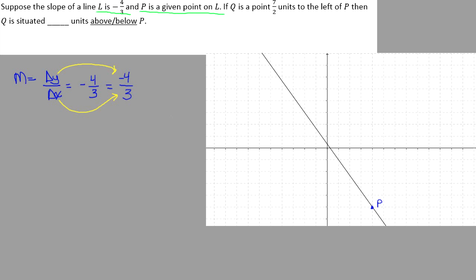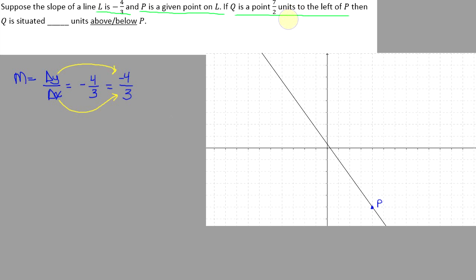All right. Now, let's take a look at what this next part says. This next part says that Q is a point 7½ units to the left of P. What exactly does that mean? Well, what it doesn't mean is going along the line itself and measuring out 7½ units along the line. What it means there is the x-coordinate of the point Q is going to be 7½ units to